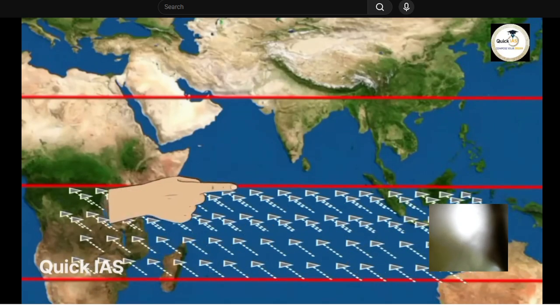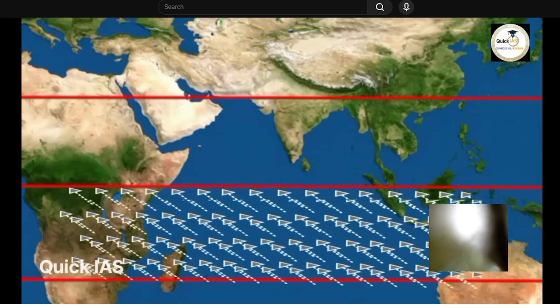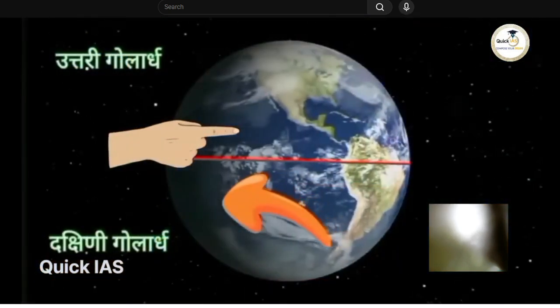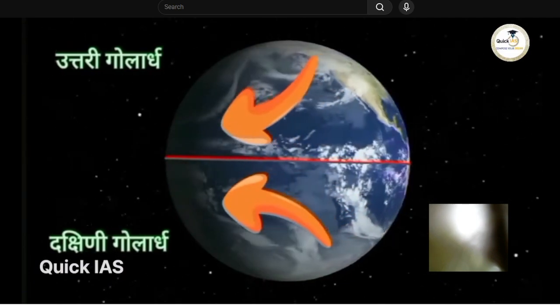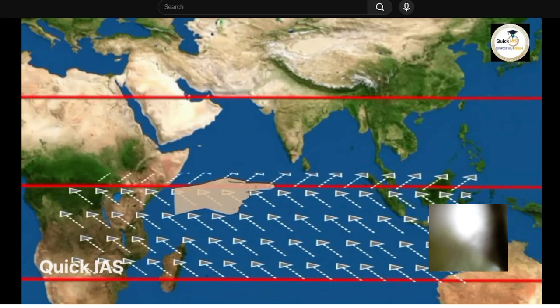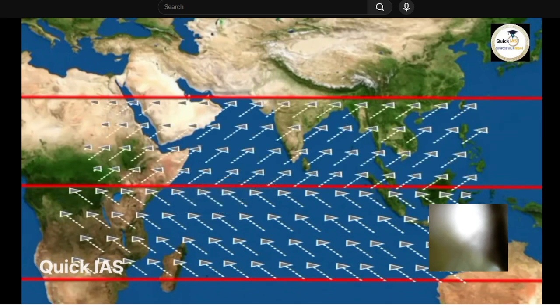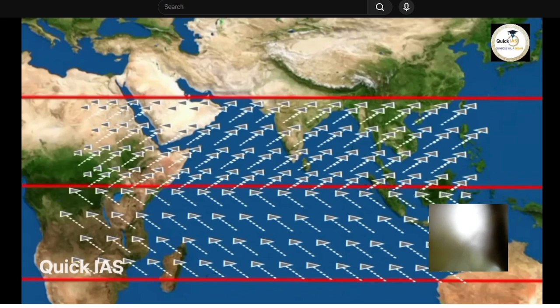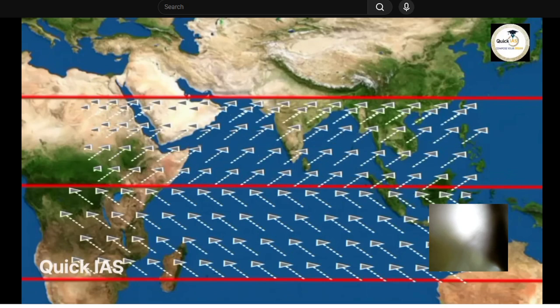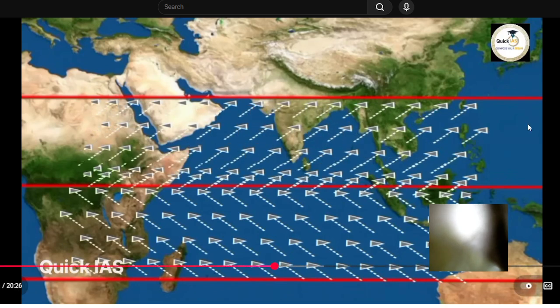They will move in this direction till the equator, but after this the winds will enter the northern hemisphere, and due to the Coriolis effect in the northern hemisphere, any moving object turns to its right. Therefore, after reaching near the equator, the winds will start moving in this direction, and this will cause rainfall not only in India, but in the entire Southeast Asia. These winds bring with them a lot of moisture, hence it rains heavily in India.